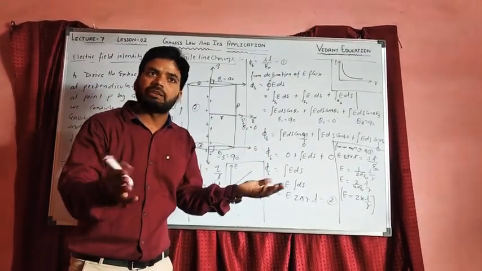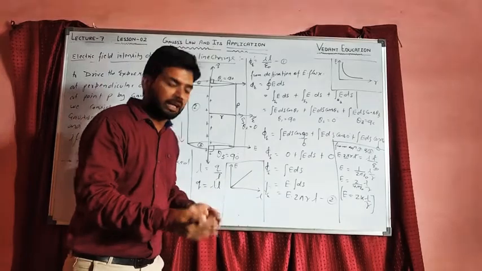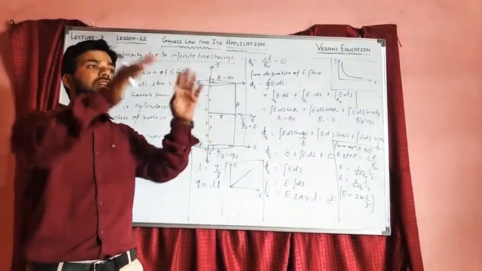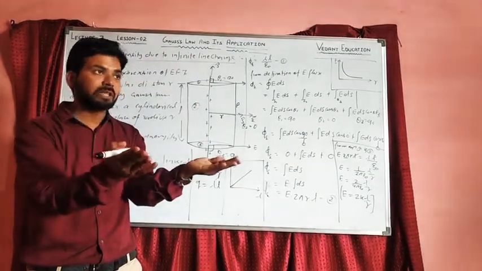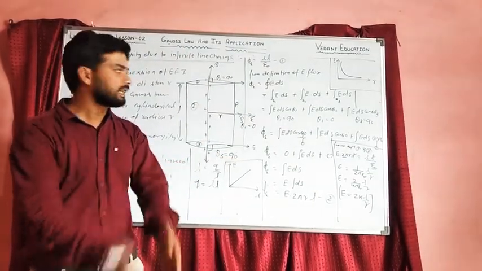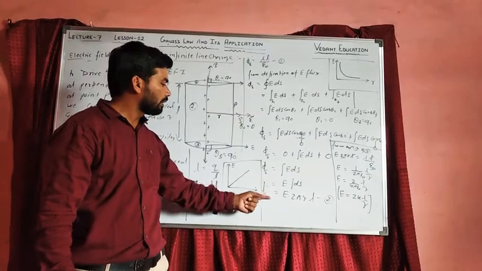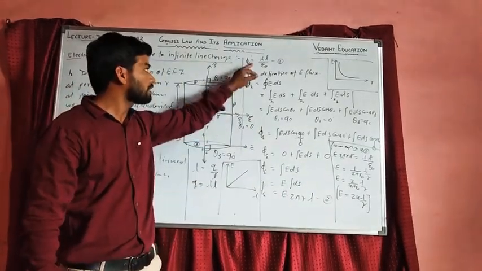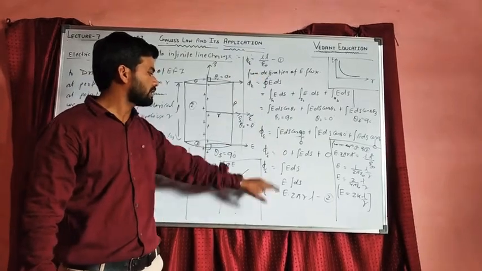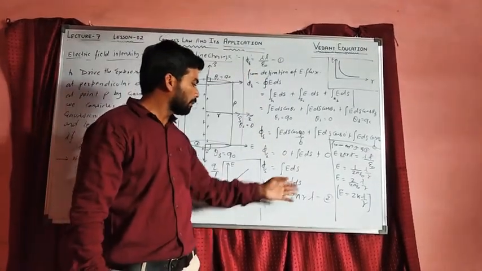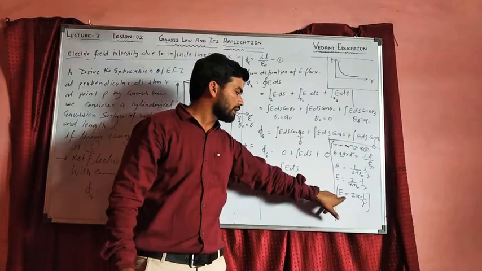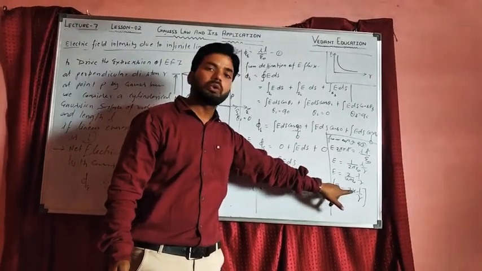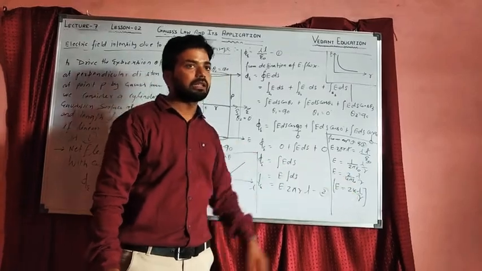And this value of the flux is from the definition of electric flux. What do both tell us? Electric flux is defined by the electric flux definition, and Gauss's theorem also defines the flux linked with the Gaussian or closed surface, right? This is the second equation. By equating, because the left side of both equations is the same, we have got the expression of electric field intensity equal to 2k lambda by r.